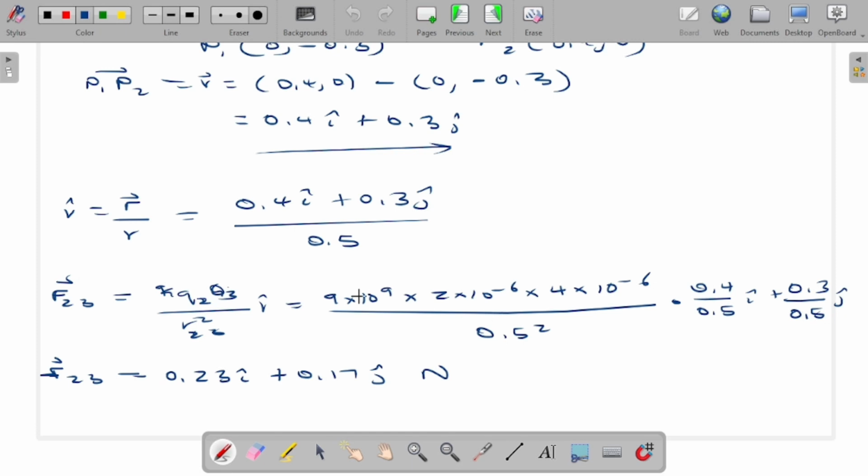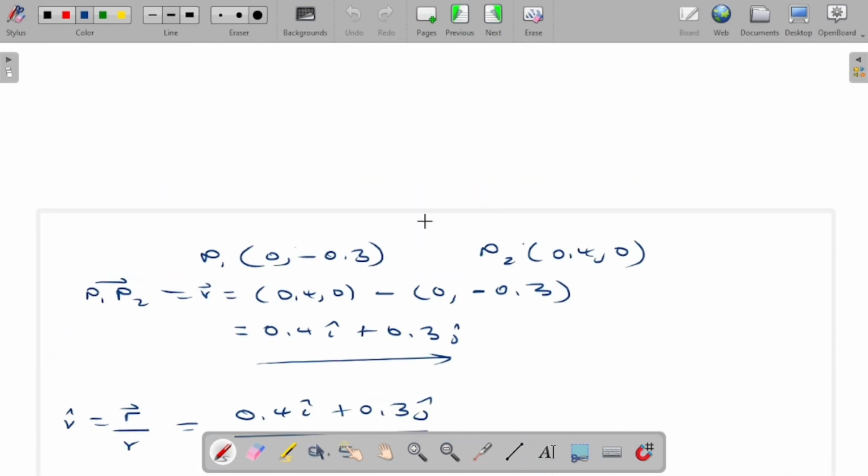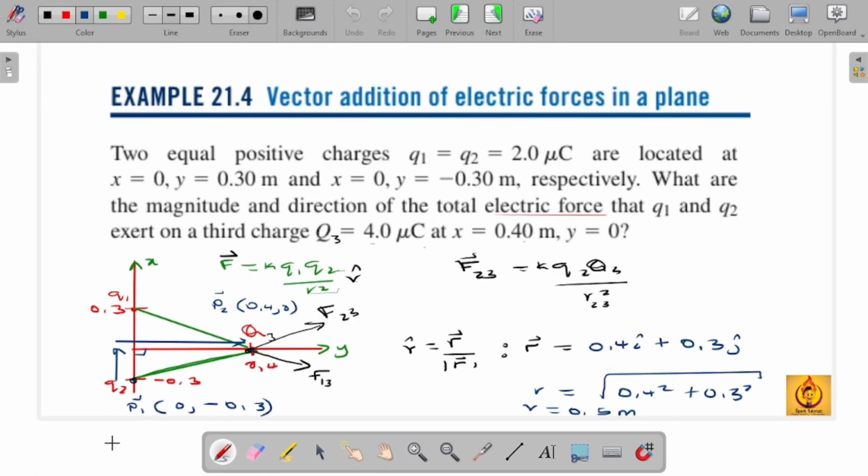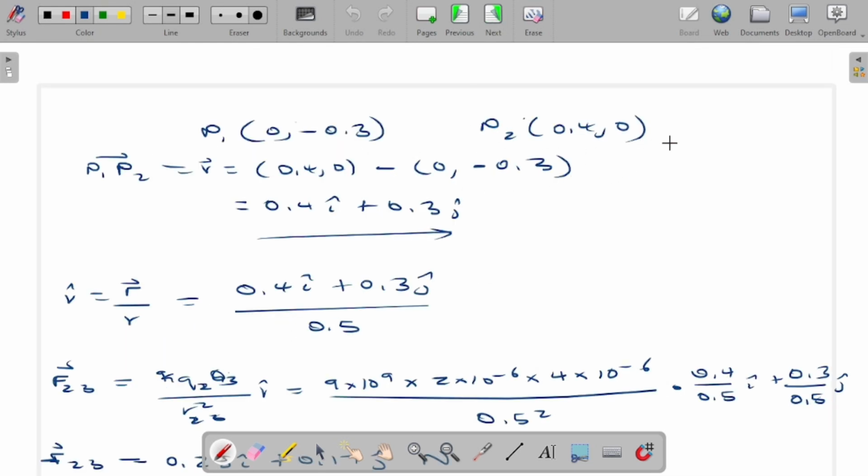In doing so, we had to find the distance between these two point charges, and we did it in this point form. We said we have a point 1, which was one of our charges. We can say this is point 1 with coordinates 0, negative 0.3, and the second point charge is at 0.4, 0, and then we find the vector. To find the vector from P1 to P2, it is just R, and we are going to